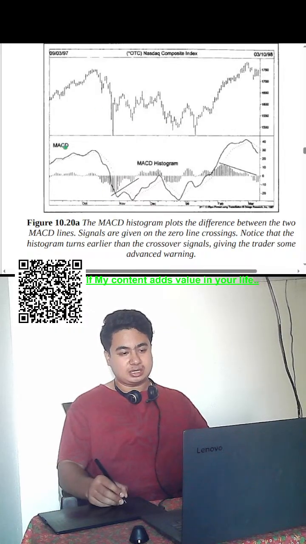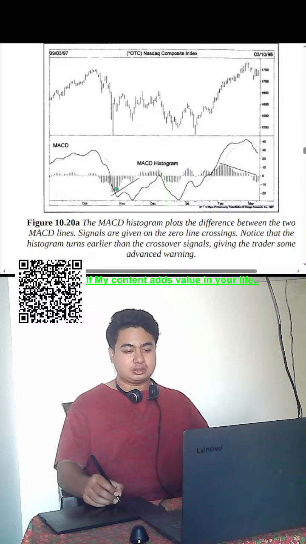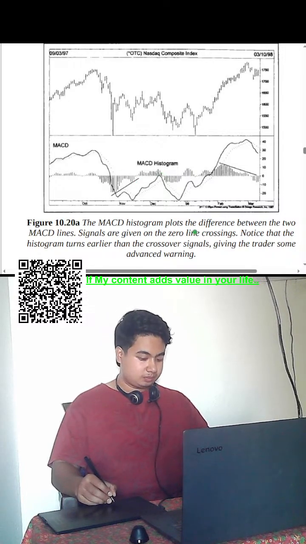So this is a price line and this is the MACD and this is the MACD histogram, which is the difference between the two lines. The MACD histogram plots the